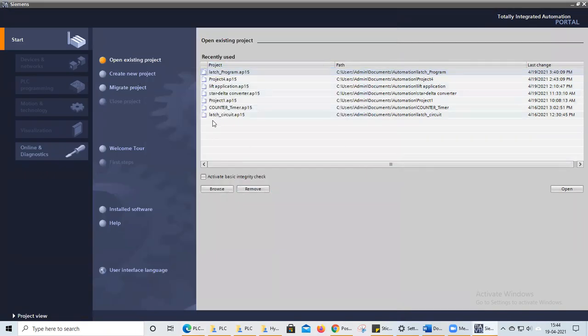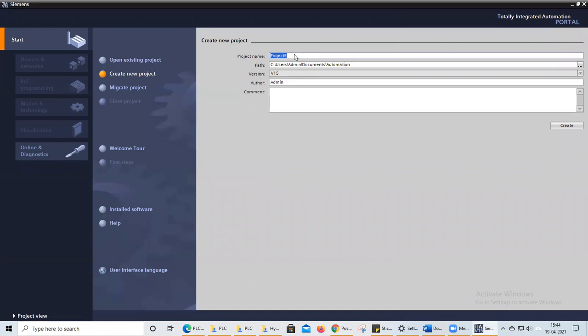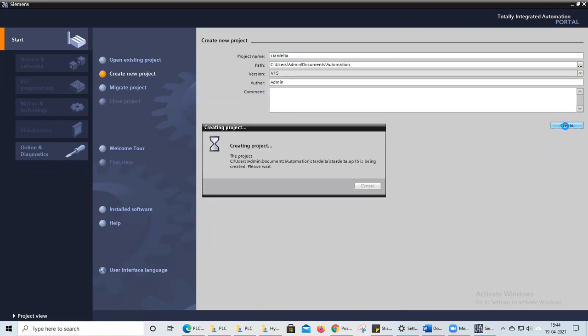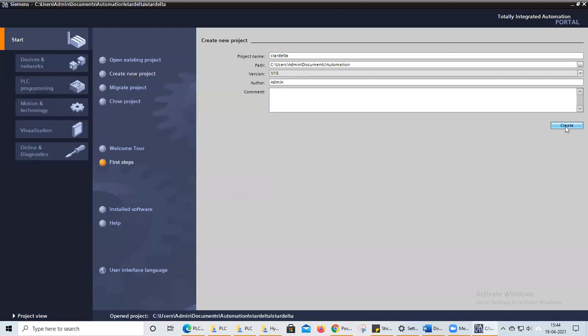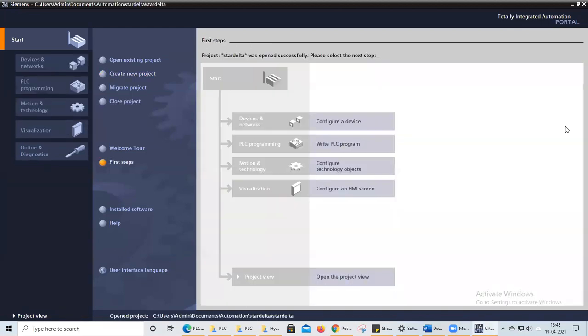So first we will have to create a new project. Create new project, and we will write star delta as my new project. And we need to configure a device.